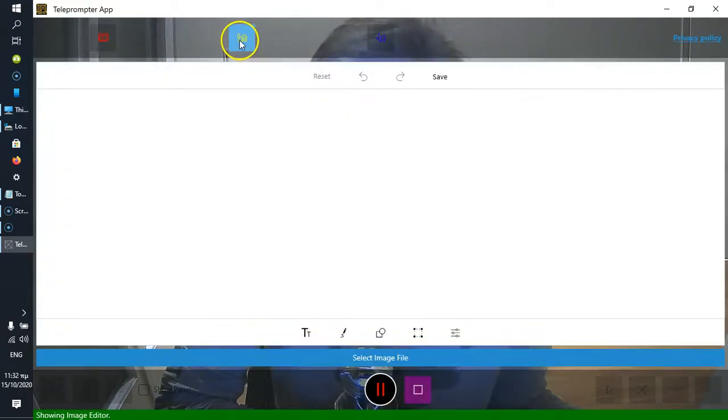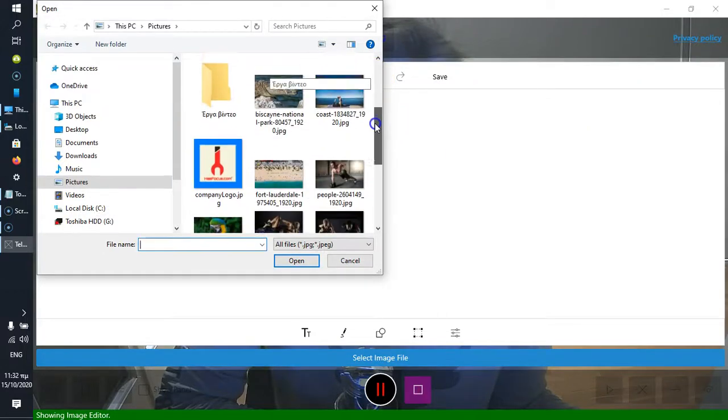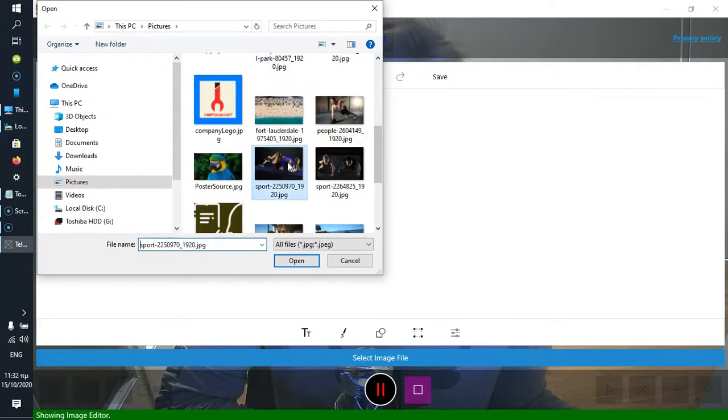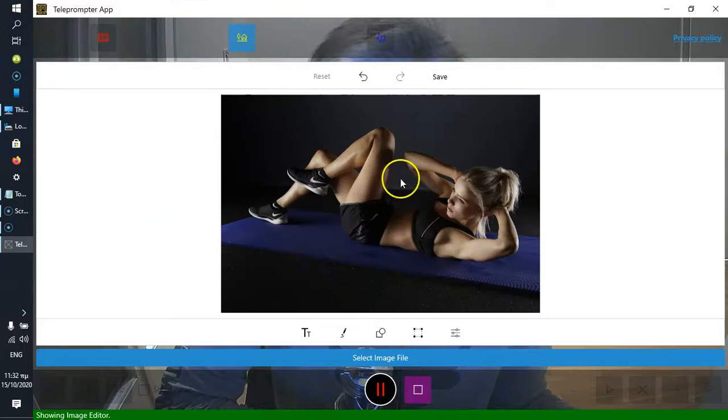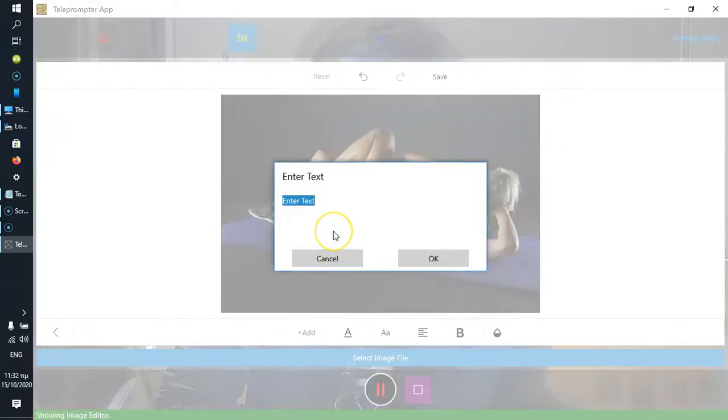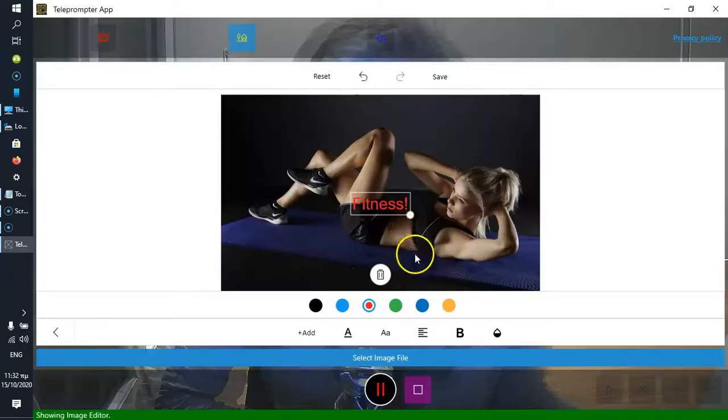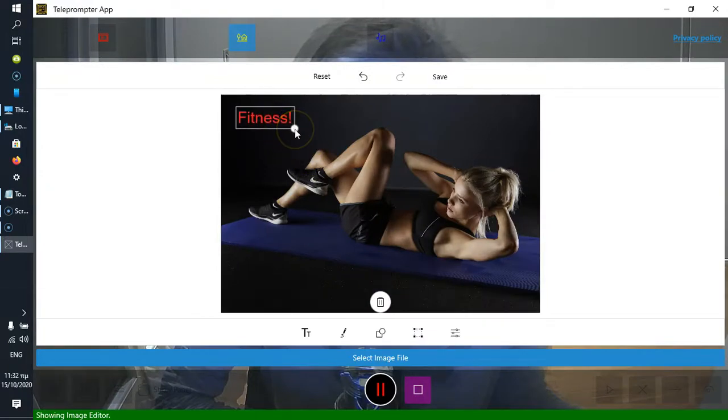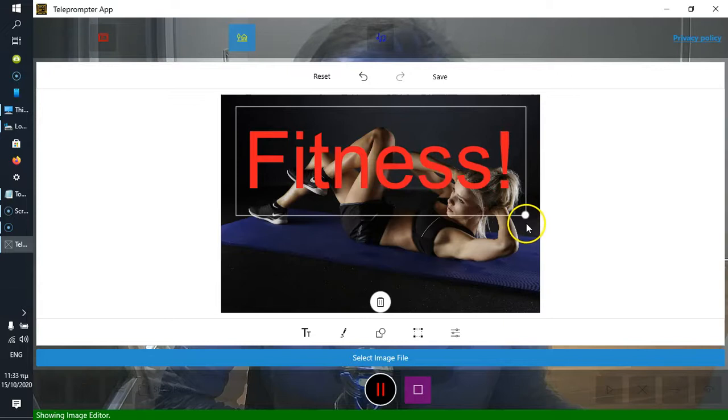And let me click pause again and bring in another image, and this time it's going to be an image of fitness. So I just want to show you that this is an advanced editor that lets you enrich an image with things like text, like fitness. Let me click OK. I can drag this text to another area of the image and make it bigger,